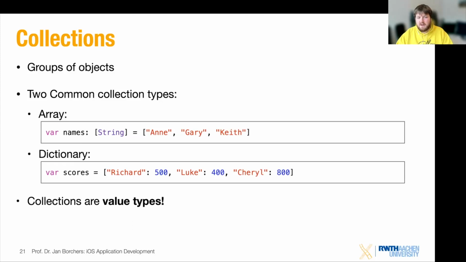And this is also something very important to keep in mind, that in Swift, collections are value types. So it's different from a couple of other programming languages you're used to, where you pass an array to a function, change something within that function, and that automatically changes the array that you have outside of the function. That is not the case in Swift. In Swift, if you pass over an array, that is a copy of that. So all the changes you do within that function are not automatically applied to the array outside of the function.